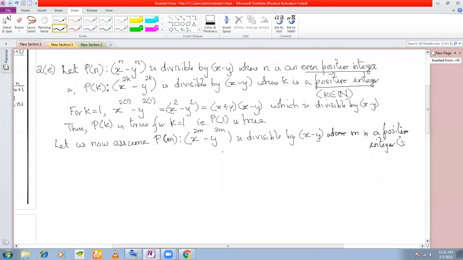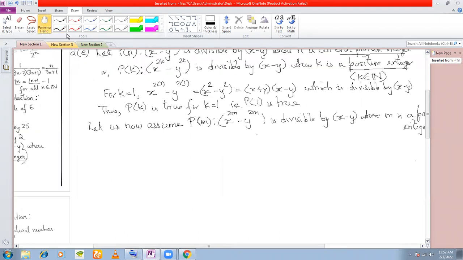And in brackets, we can write this as m belongs to N, right? We shall now show that Pm plus 1